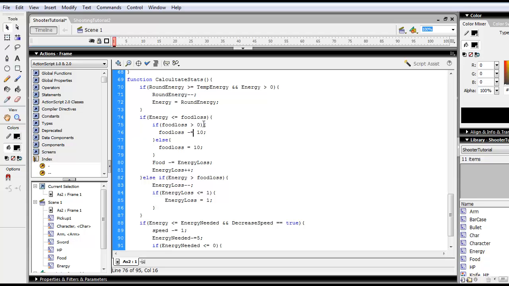If food loss is greater than 0, else if, right. Food loss. Don't need that. We do need the lose food function for this bit. Else if food loss is... we're going to ask if energy is less or equal to 0. If food loss is greater than 0, if it's not greater than 0, if energy is less or equal to 0, I want to set